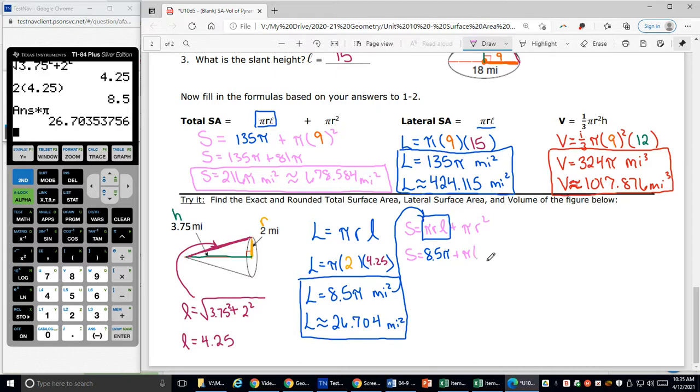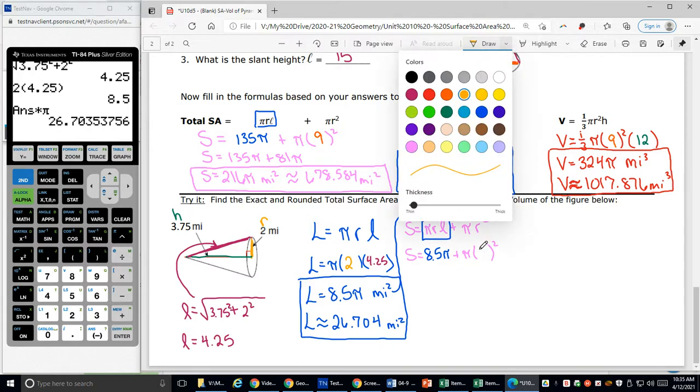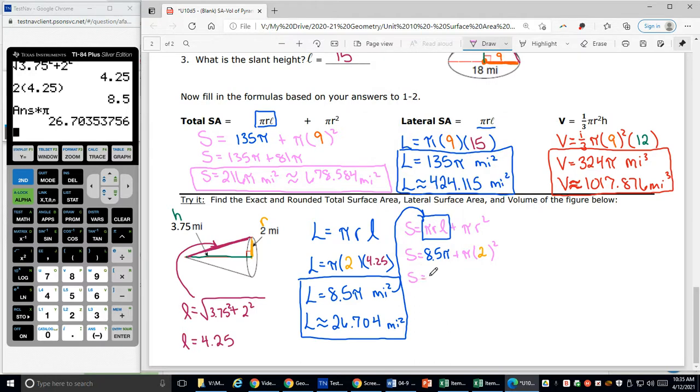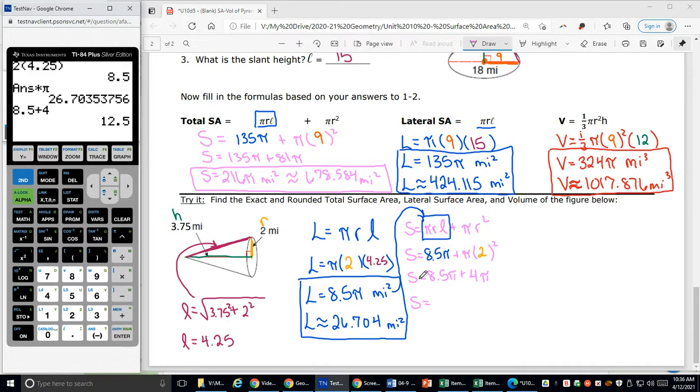I said it wrong. R squared. So this is going to be, my radius is 2. So my total surface area is going to be 8.5 pi plus 2 squared. 2 times 2 is 4 pi. 8.5 plus 4 is 12.5 pi square miles,